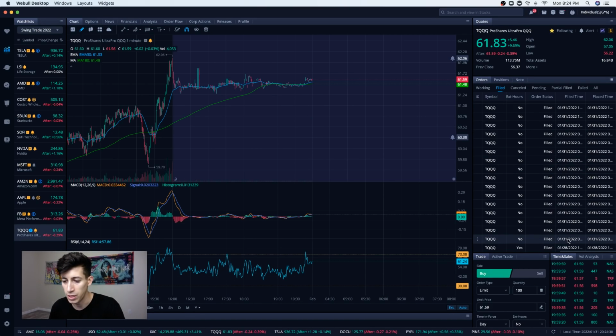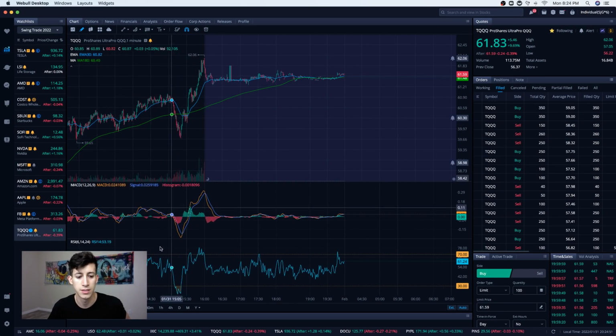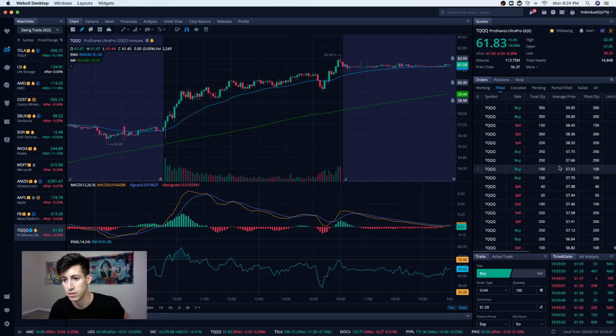So again, my very first entry today on the 31st of January, I wanted to show you guys this. This was all caught during today's live trading session. I bought, sold, bought, sold. And again, you can see, right, as TQQQ began to indicate signs of an uptrend, making higher highs and higher lows and breaking above resistance levels, we were approaching that